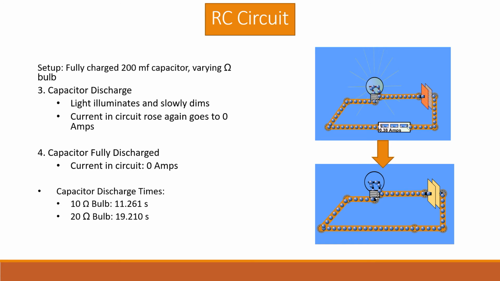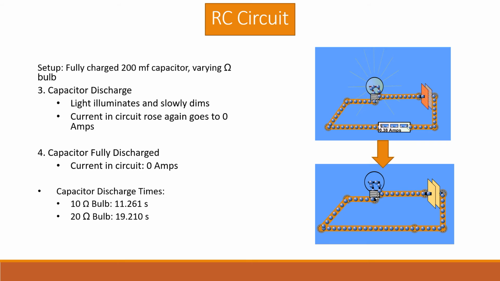The battery was then disconnected and the capacitor was connected directly to the bulb. In the first figure we see the capacitor discharging. The bulb began illuminated as the ammeter read a large current and then began to slowly dim again as the current decreased to 0. When the capacitor was fully discharged, as shown in the second figure, the ammeter again read that the circuit had 0 amperes of current, and now no net charge buildup was present in the capacitor. The time for this process was measured for a 10 ohm and 20 ohm resistance bulb to be about 11.3